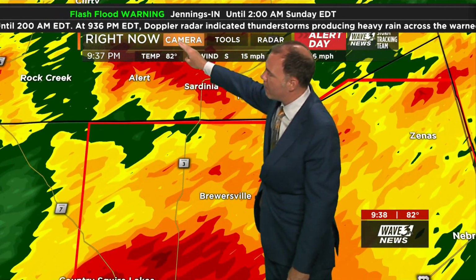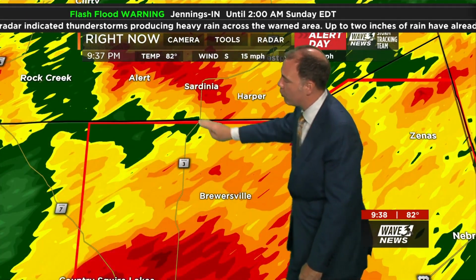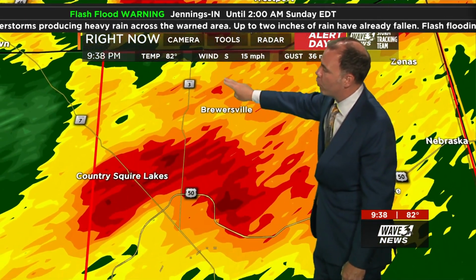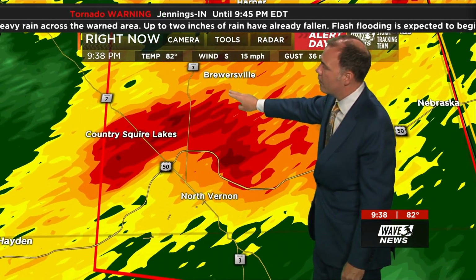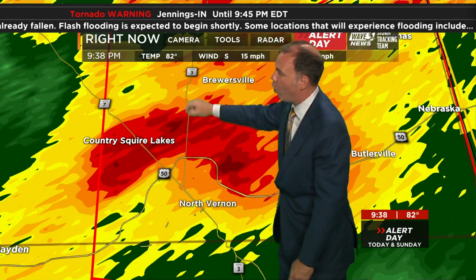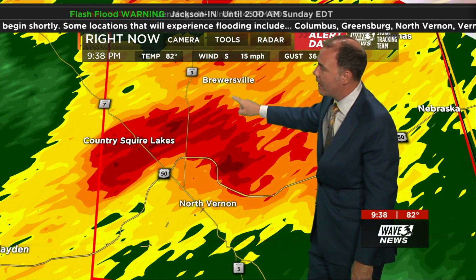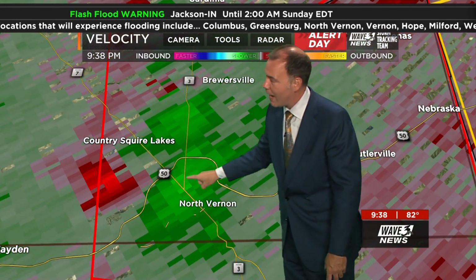Let me just pull that camera back up, and I'll show you the radar view and the velocity view closer to North Vernon and Brewersville. So there's Country Squire, there's North Vernon. That's a pretty good centered graphic. There's US 50 that we've been talking about, the funnel cloud between the two, now pretty much over North Vernon. We go back to our tools, we'll put on the velocity and just show that we still have that couplet